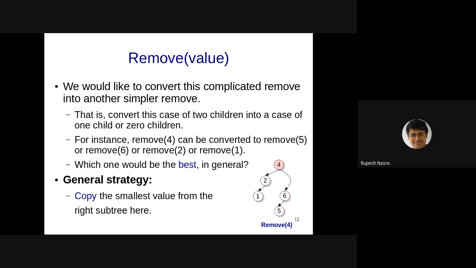We'll look at how to get this working, but any issues with this strategy? Any concerns?